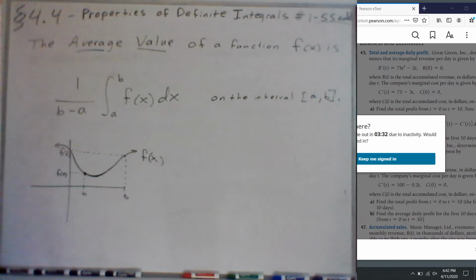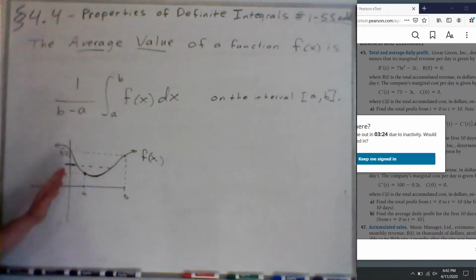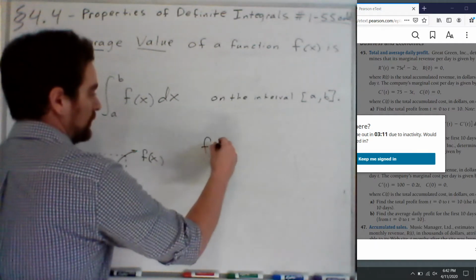All right, so we want to know, okay, if we have these two values, what is the average value of our function? On average, I'm just kind of eyeballing here. It looks like it takes on about this value over average. Here's some low values, here's some really high values, but on average, they kind of even it out. Now, if you look at a function over a different interval,